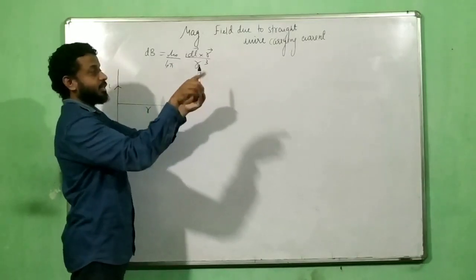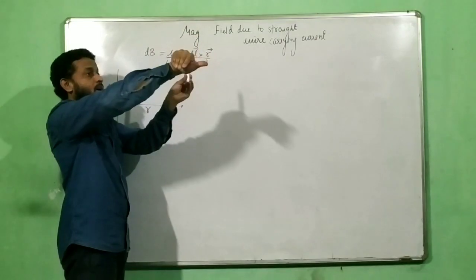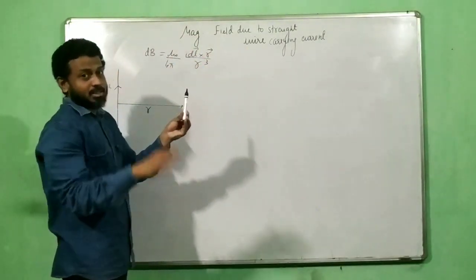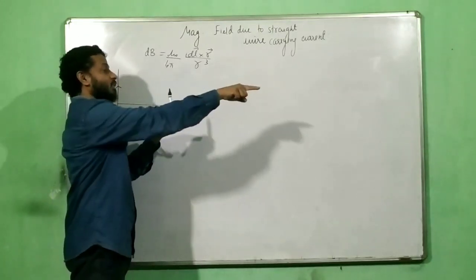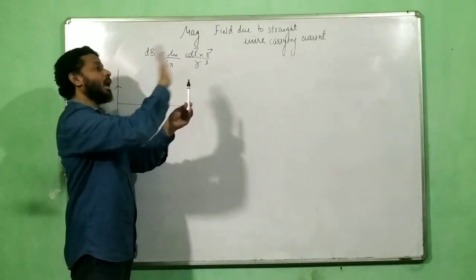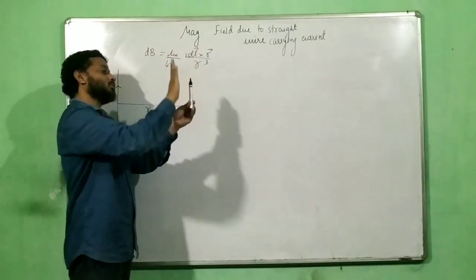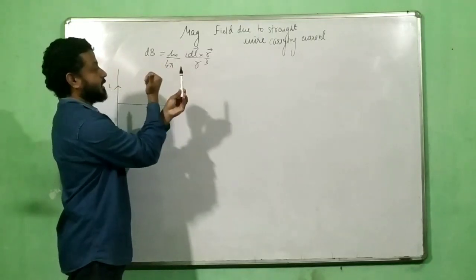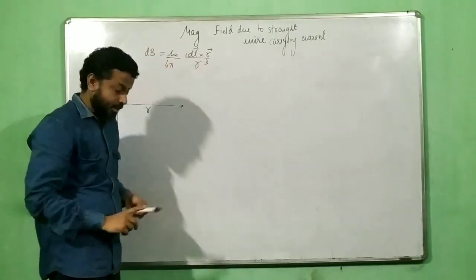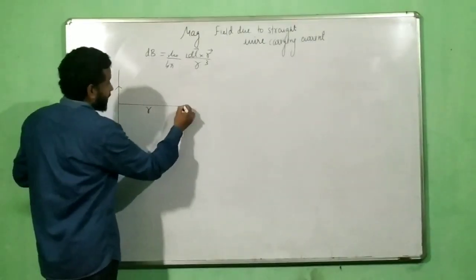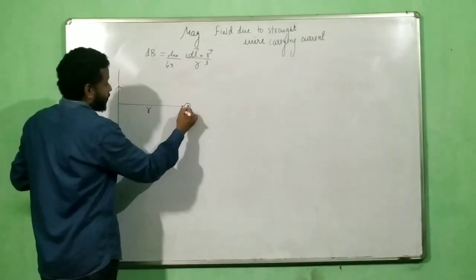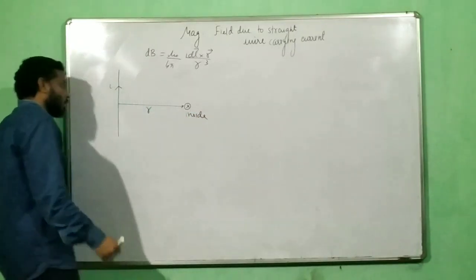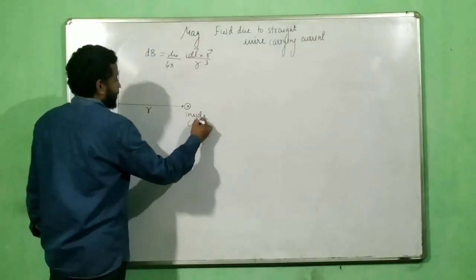Suppose I want to find the field here. So this is my I dl cross R. Where you have to find the field, face your palm in that direction, and it becomes very easy. Your fingers should be in the direction of current and the palm should face where you have to find the field. Here, here, here, correct? And you will get the answer very easily. Anyway, field here, if I consider this example, is inside the board. A cross mark indicates inside the board, or you can write minus k cap if you wish.